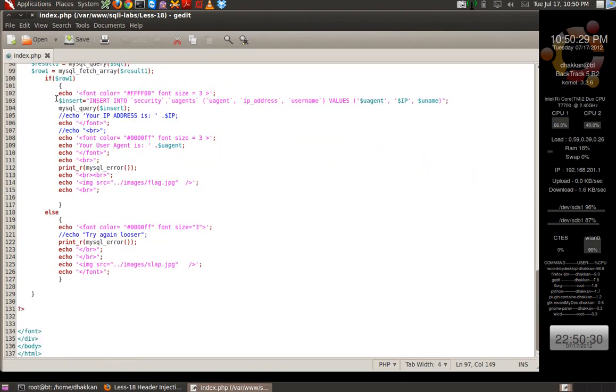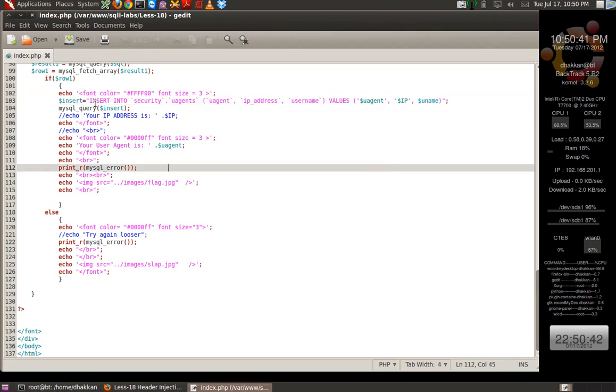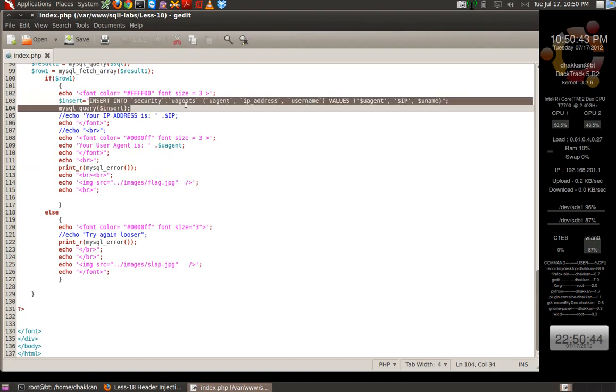And then there's an insert query: insert into security.uagents, uagent, IP address, username, and the values. Let's copy this statement